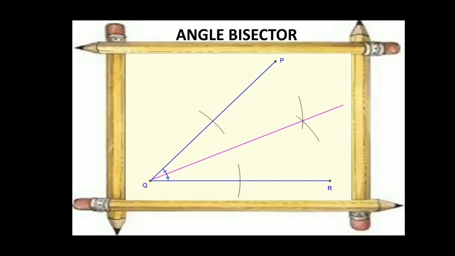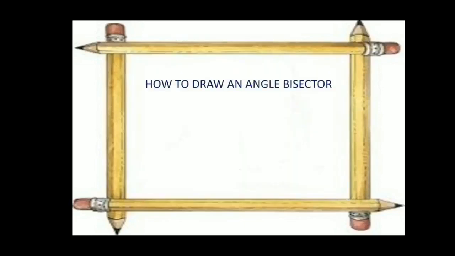Okay. Now I will show you how you draw this particular angle bisector. So again you are using your compass. For drawing an angle you will use a protractor, and then you will use a compass for drawing the bisector. So be ready and listen to the drawing session. So now we will see how we will draw this angle bisector.